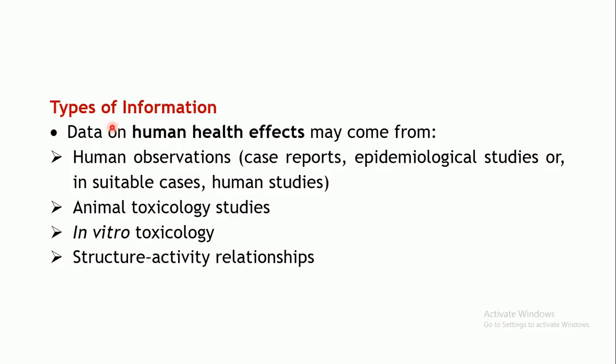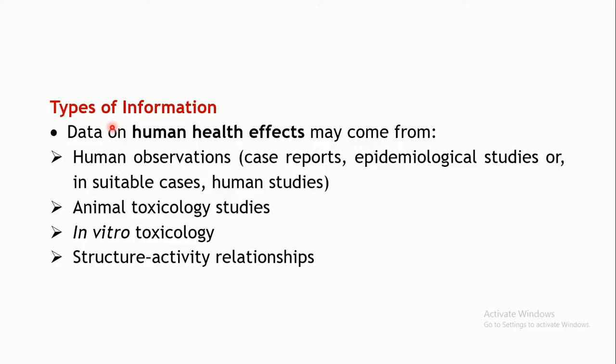So these are the sources of information, from where you can retrieve the data, so that repetitive studies are not carried out on the same chemical again and again. That will avoid repetition. When it is already done, you should not again expose certain animals or species to the same testing. That will save time as well as save the animals, and it is ethically correct to gather such information when it is already available.